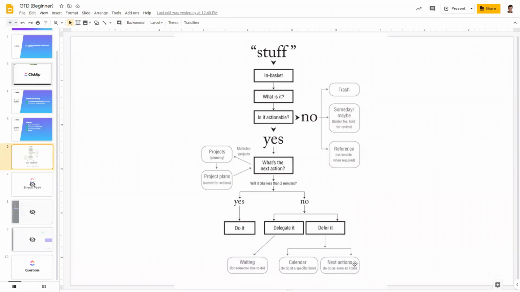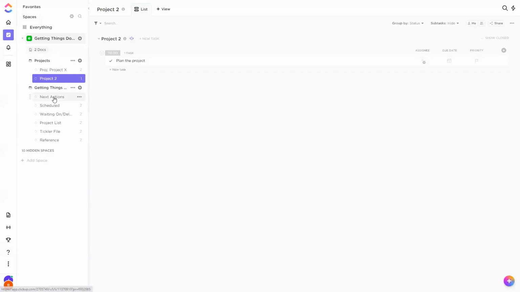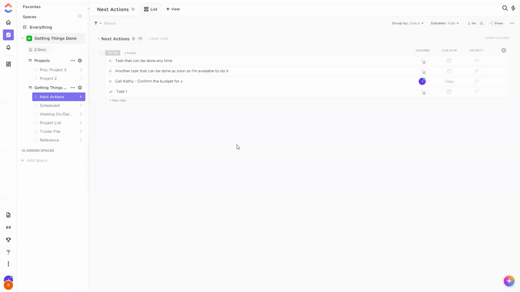Cool. Okay, let's jump back into next actions in terms of looking at how to know for sure that you're doing the right thing. So you could prioritize your next actions. You can drag to change the order here. But in particular, you want to match what you're doing to the amount of time available and the amount of energy you have. Now, we don't always have the same amount of energy throughout the day. Sometimes you just feel very tired. You just kind of know that you're not going to be able to do a good job of maybe really creative type tasks. And sometimes you do have that energy